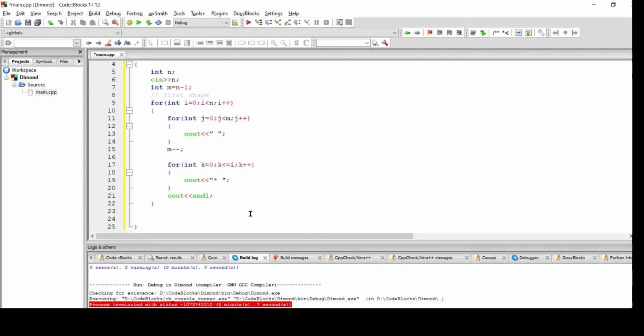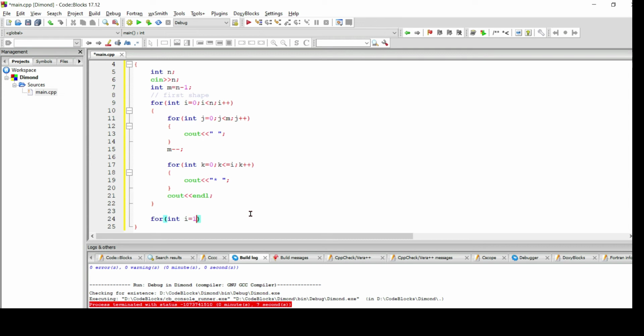Now our second shape will be the lower pyramid, that is inverse. For the second phase of code, that means for the lower pyramid, it is initiated with 1.